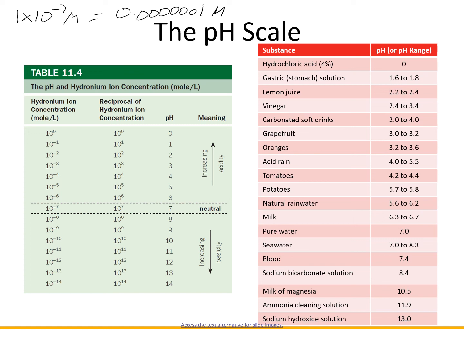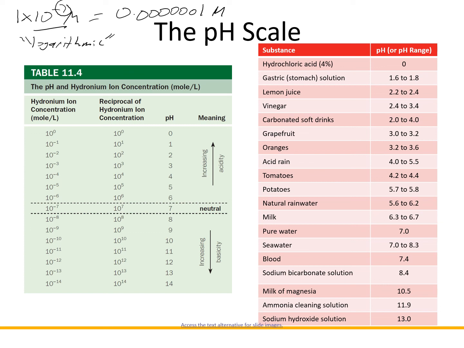So scientists came up with the pH scale, which is called a logarithmic scale, which means it's all based off exponents of 10. So what we're doing here for the pH scale is we're just focusing not so much on even the negative part, but we're just going to focus on what this number is. So when we say the pH is 7, the power of hydrogen is 7, we mean that it is 7 decimal places out until we get our numerical measurement, until we get the reading of